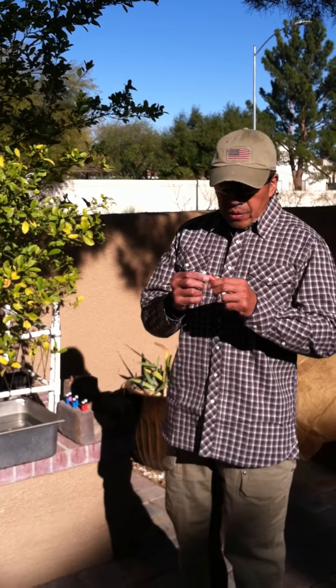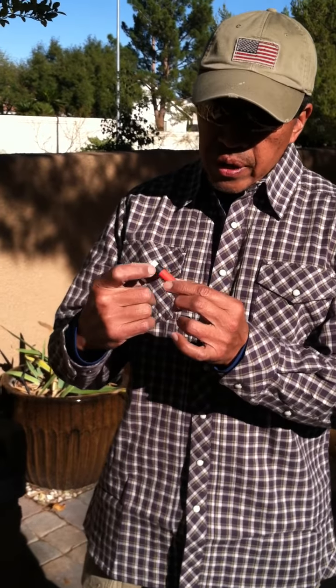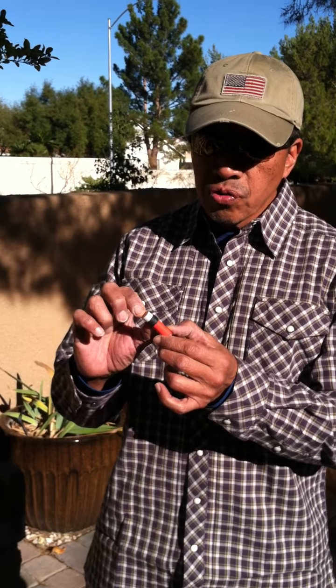Hello, this is my newest fire starter. I call it the FireDust, the self-igniting FireDust fire starter. This fire starter has two parts in it. The fire starter itself, which is this red part, and there is a cap that goes on it,